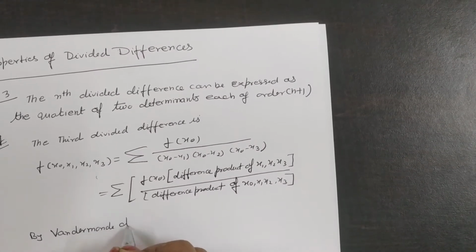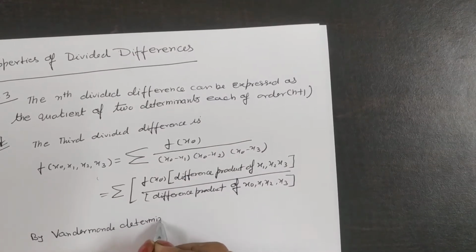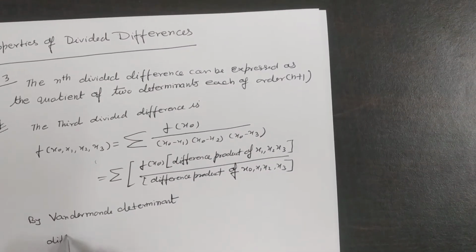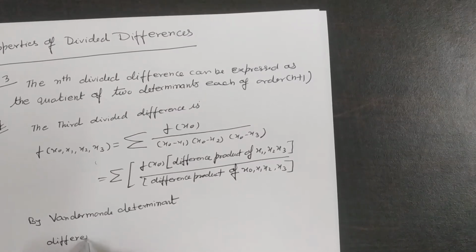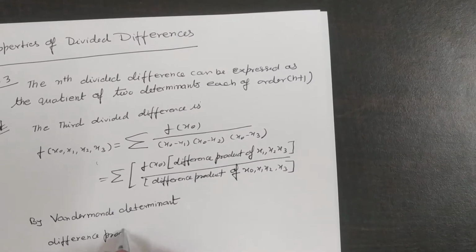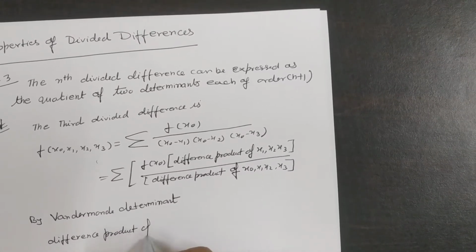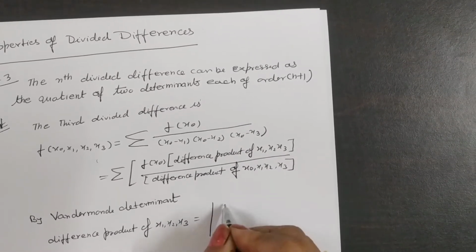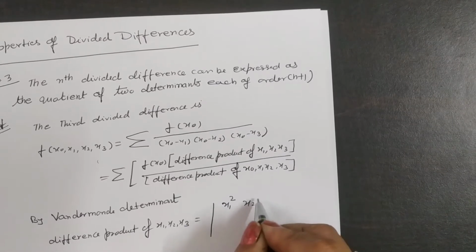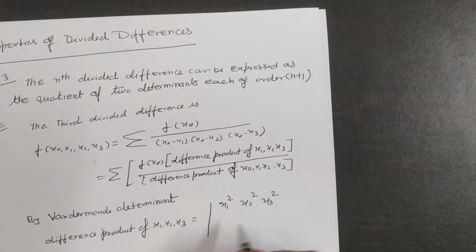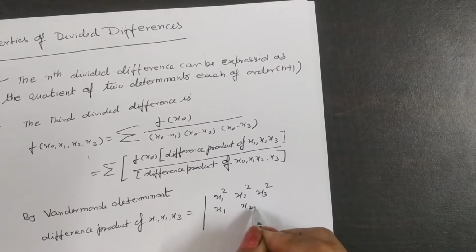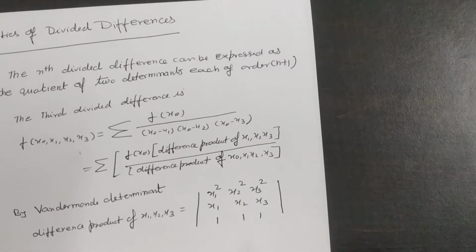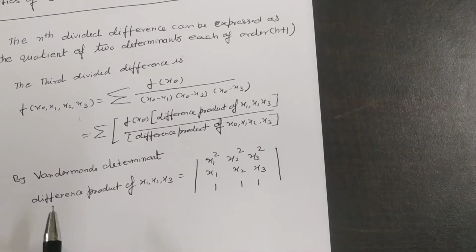Vandermonde's determinant, we know that the difference product of x1, x2, x3 is equal to the determinant with rows x1 square, x2 square, x3 square; x1, x2, x3; and 1, 1, 1. This is defined like that. Okay. So from here, f of